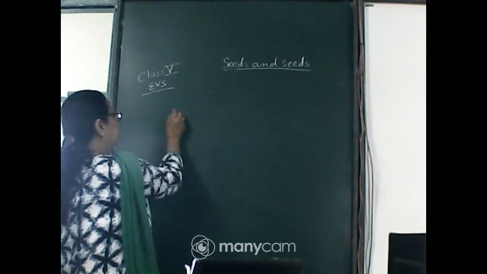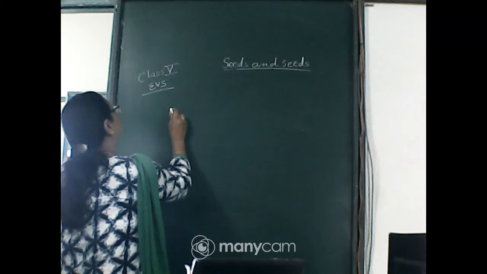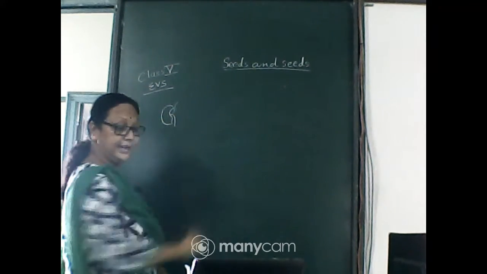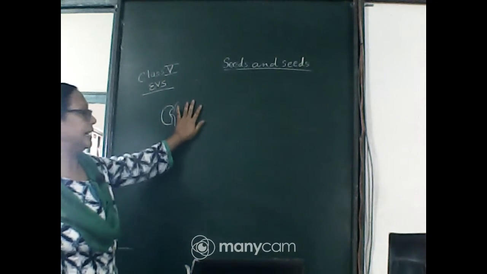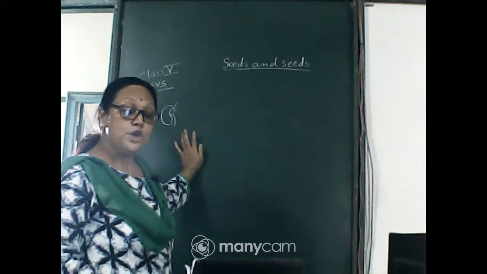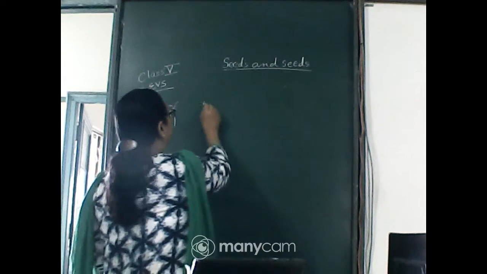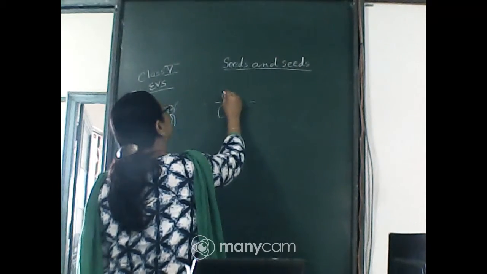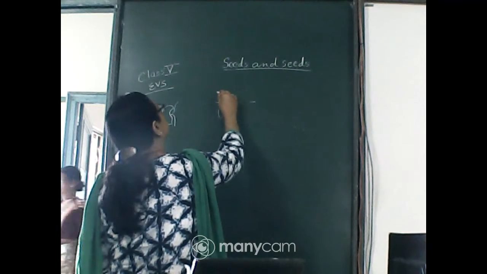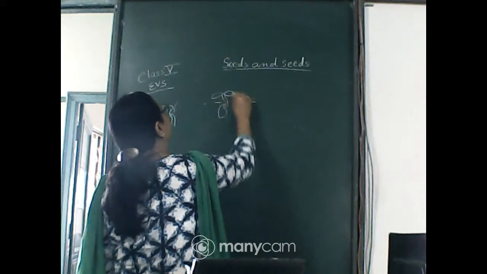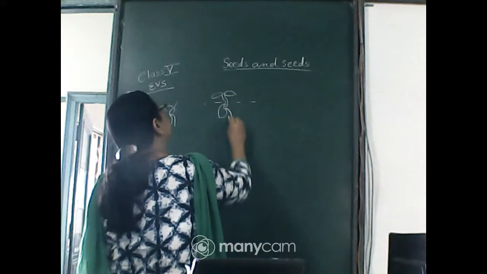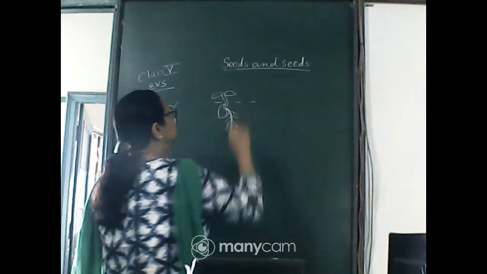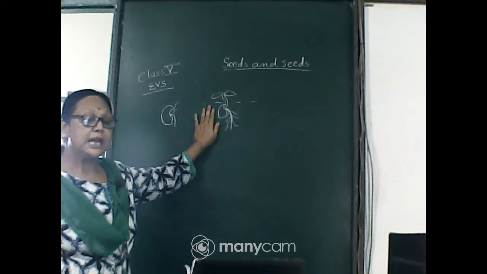And how does a big plant grow from a tiny seed? As we know, the tiny seeds are here, and from this tiny seed, at first the plumule and the radicle come out, and the plumule and radicle go into the shoot system and the root system. Then, in the soil, we can see the radicle and the plumule go up, and at first two leaves come out from this seed and the plumule, and from this radicle you will see the root system, and this is the first young plant.